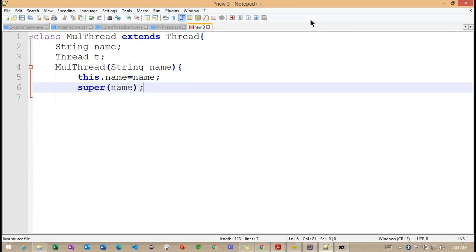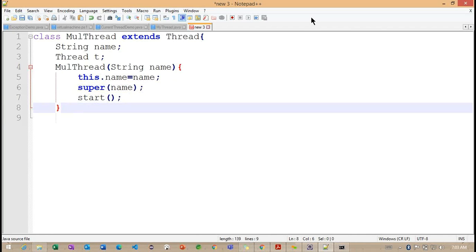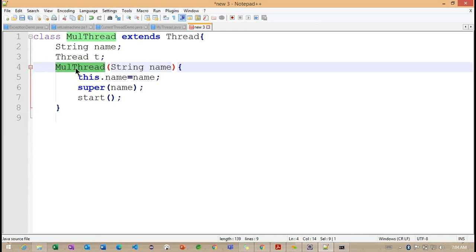Whenever we specify the name, internally the superclass constructor is called. Which superclass constructor? The Thread class constructor. While calling this constructor, I'm specifying the name of the thread. While calling the MulThread constructor, we are specifying the name of the thread.